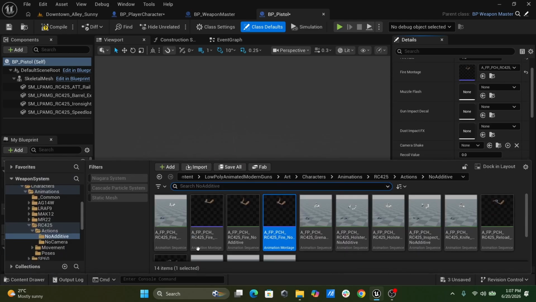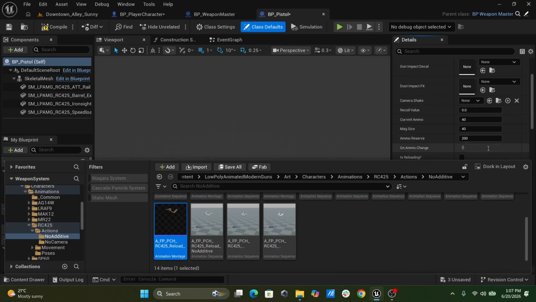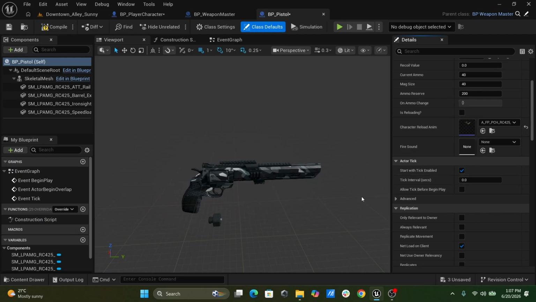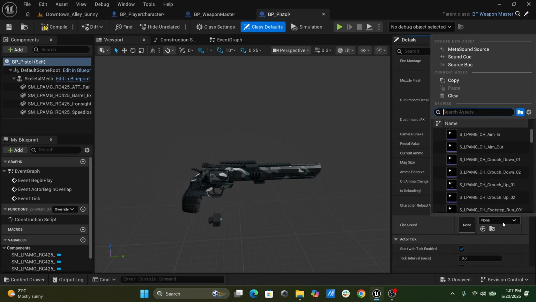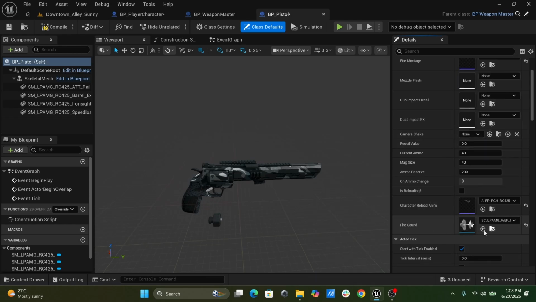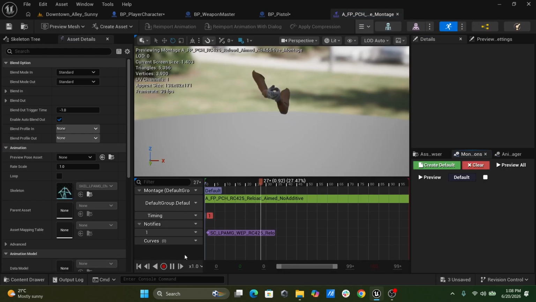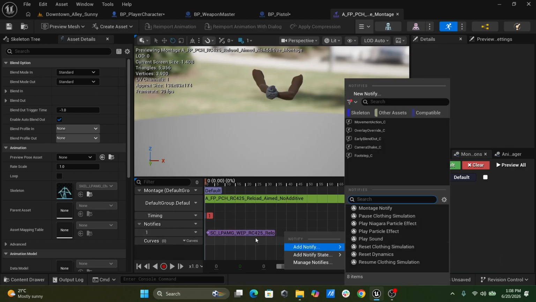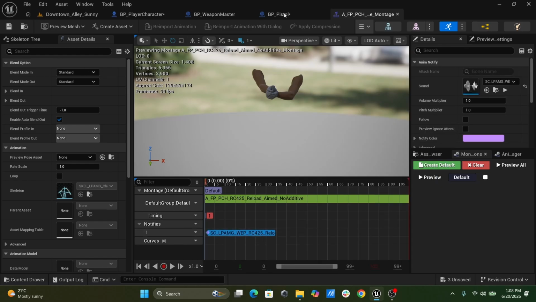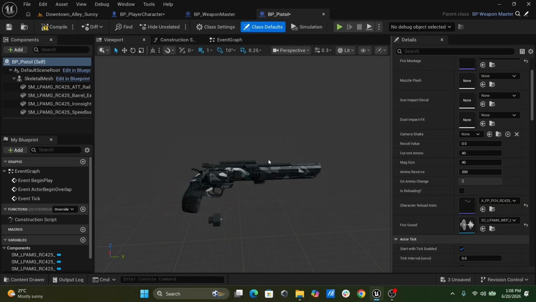For the reload, I'm going to use reload montage. And for the fire sound, I should have RC425 fire sound over here. So open your reload montage and add reload sound over here. You can simply right click on your notifies and play sound and add the reload sound over here. So once you have done that,